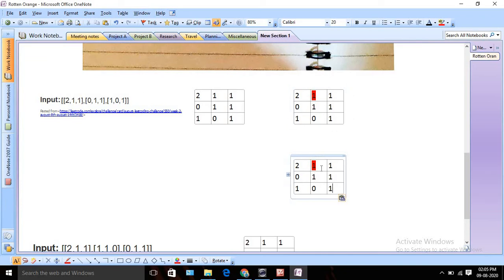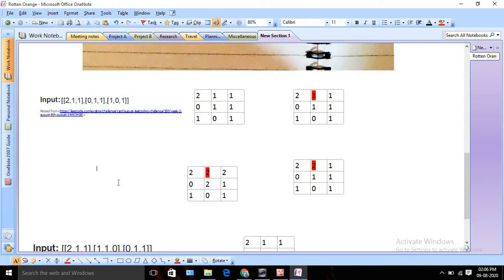But in the second minute, what can happen? This will become 2, and this will also become 2. Let me paste it once again here. So in the second minute this one will become 2, and again this will become 2. Now in the third minute, what will happen?